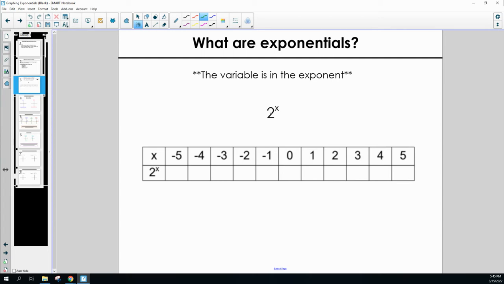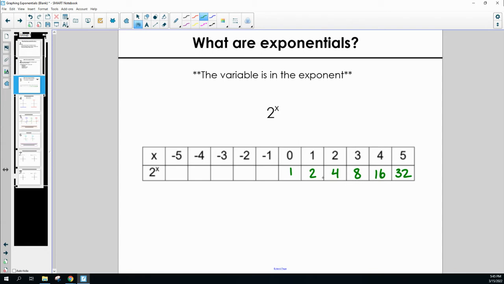If x is 0, 2 to the 0 power is 1. Now let's go in the positive direction. So 2 to the first is going to be 2. 2 squared is 4. 2 to the third is 8. 2 to the fourth is 16. And 2 to the fifth is 32. So we can see as the x's are increasing, even just by 1 at a time, the y values are